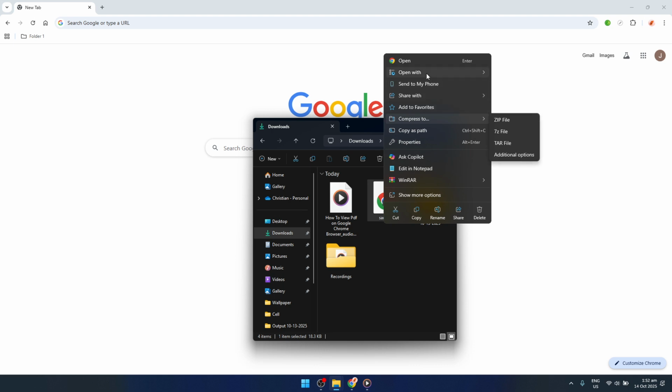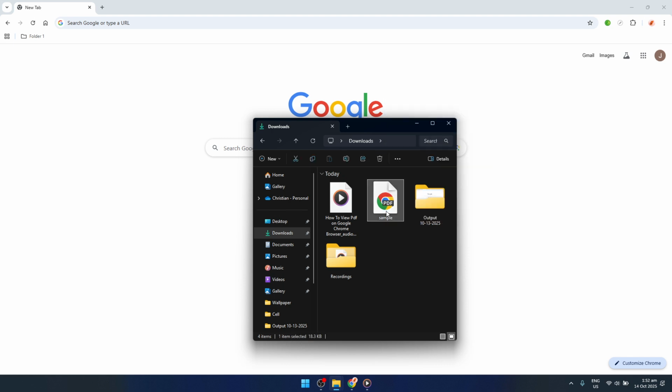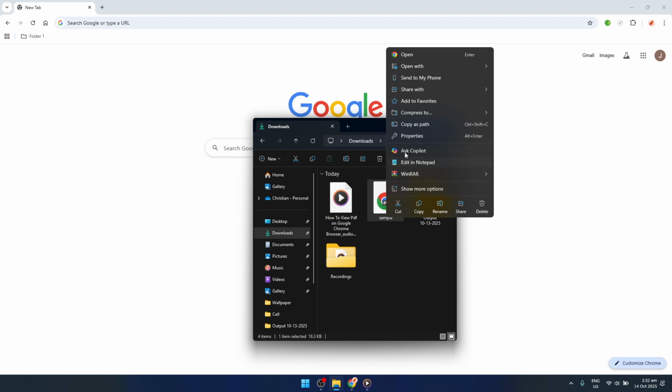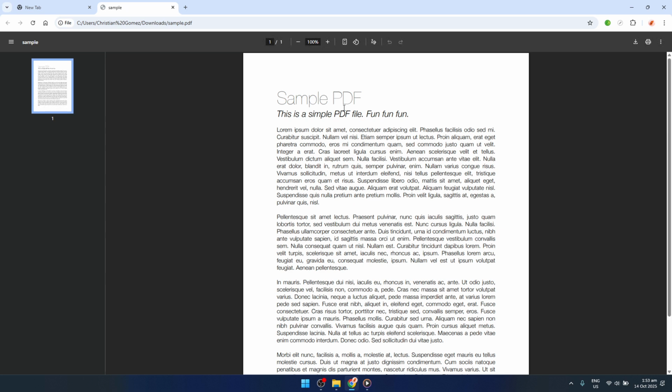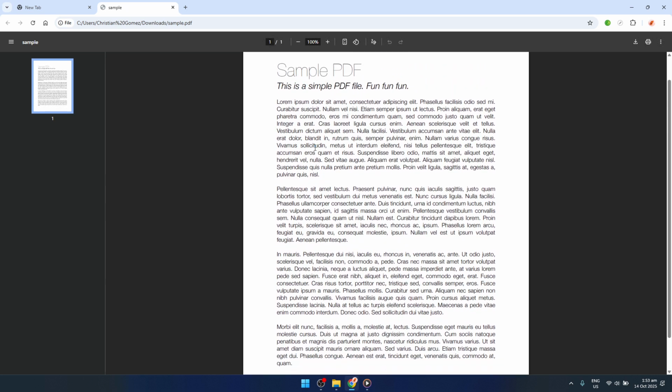With the PDF file located, but before opening it, you'll want to right-click on the file. Doing this unveils a context menu with a range of options. In this menu, you're looking for the Open With option. Hover over this, and a submenu will appear. Now, among the various applications listed, select Google Chrome. By choosing Chrome, your PDF will promptly pop up in a new browser tab, ready for you to peruse through